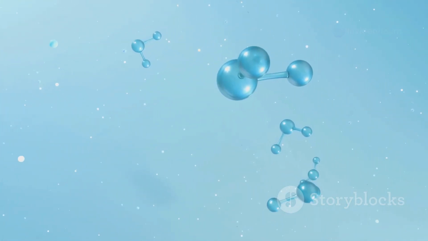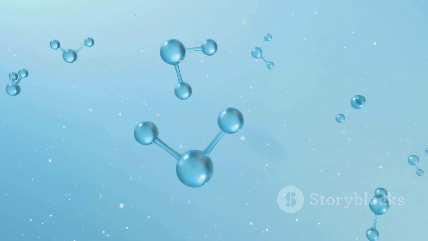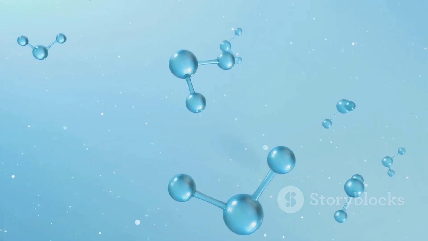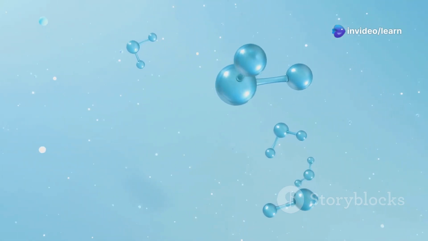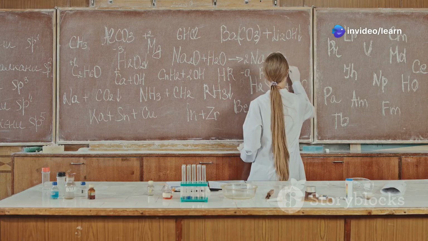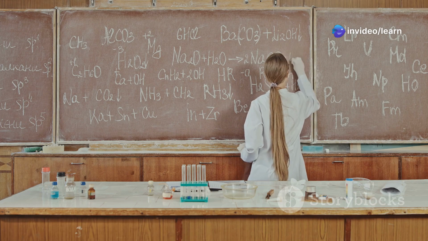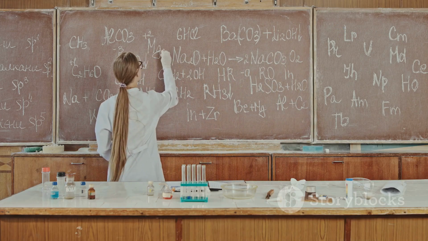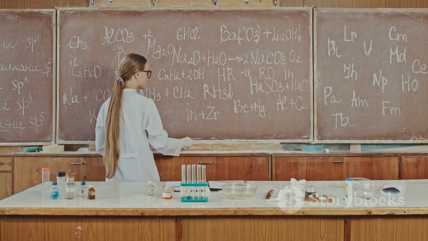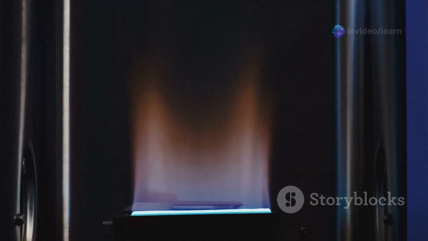The balanced equation ensures that the same number of each type of atom is present on both sides of the equation, reflecting the conservation of mass. The arrow means yields or produces. It indicates the direction of the reaction, showing that the reactants on the left side are transformed into the products on the right side. Another example is the